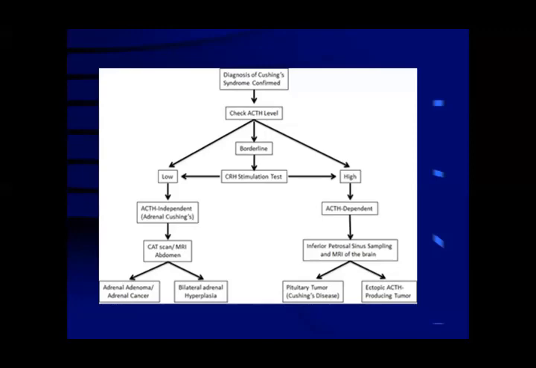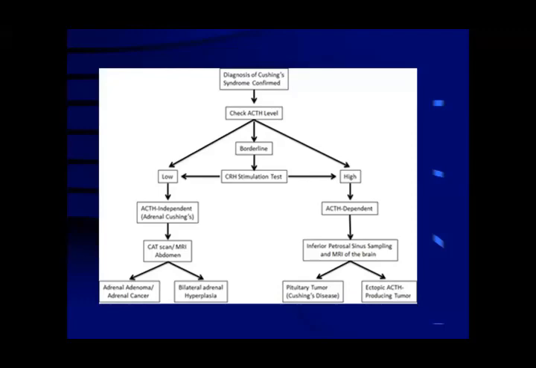Then first of all, we will take the blood sample and check the ACTH level, because ACTH controls the cortisol level. And I told you, if cortisol is high, ACTH will be low, and if ACTH is high, cortisol will be low. So the ACTH level, adrenocorticotropic hormone, is checked to find out whether this is a primary cause or secondary cause. If the ACTH level is borderline, it means it's near the upper value.